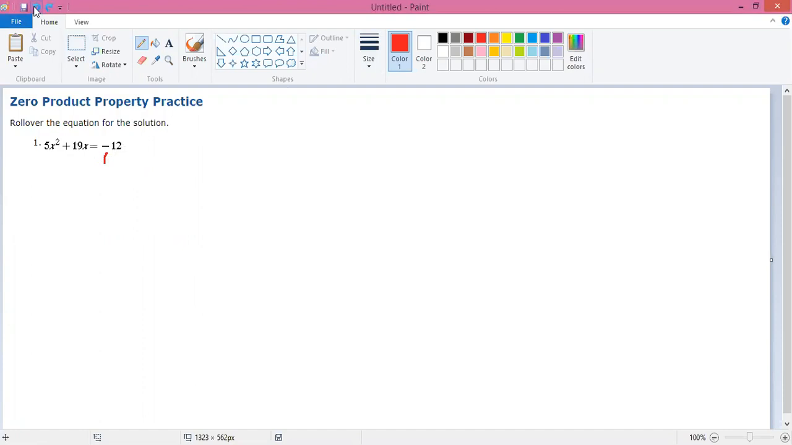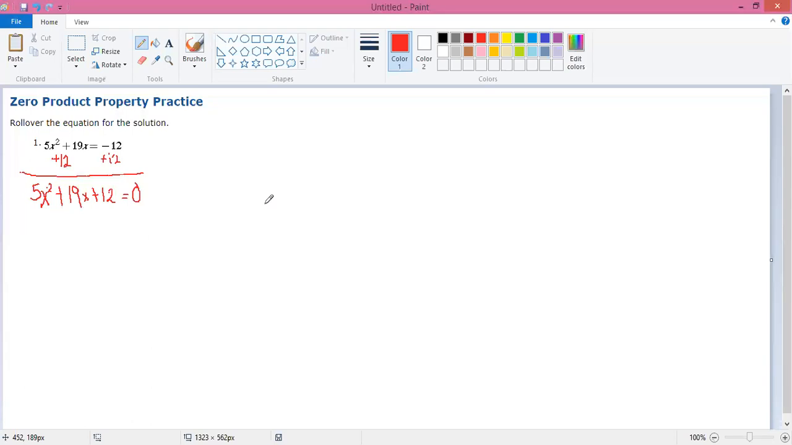Yep, you're going to add 12 to both sides because we need to move the 12 to the other side. So you have to do the inverse operation. So I'm going to add 12 on the left. I'm going to add 12 on the right. Now 12 is not a 12x, it's not a 12x squared. So because of that, I just have to put them next to each other. So I'm just going to say 5x squared plus 19x plus 12